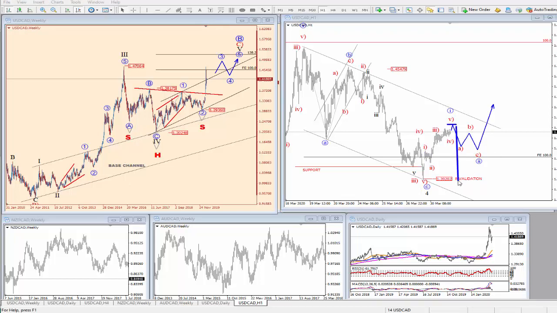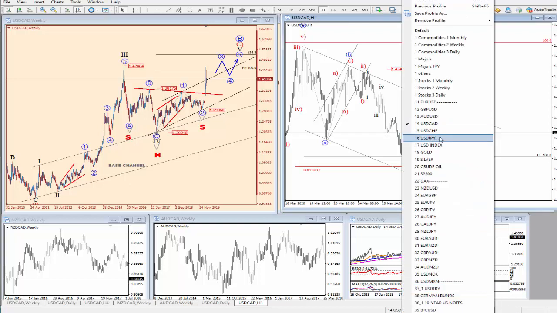I know that the ranges are still huge. If you go long here, you will have a 300 pips stop loss or so. So if you consider a risk reward trade, with a 300 pips stop loss, you will be targeting what, 900 pips? That's definitely not easy. So I prefer to wait for better risk reward setups, and watch what happens once we see a pullback. If you see an ABC formation and then wave C starting to reverse from those wave 2 supports, then I think that this could be very attractive for longs.